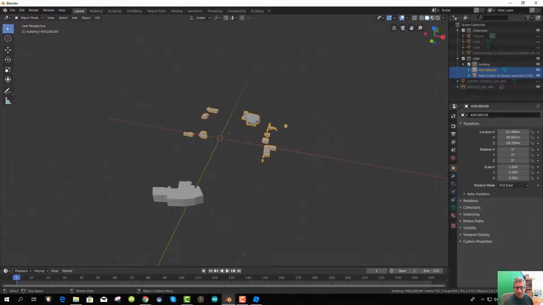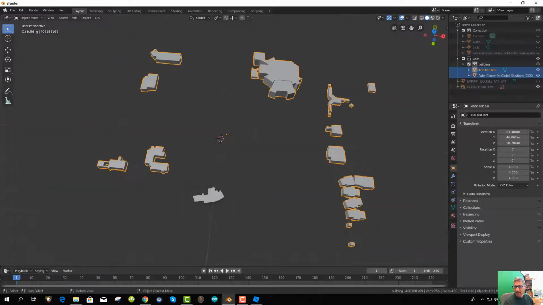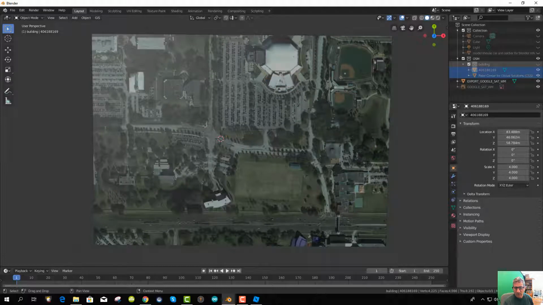The Patel's 4 times the size of these guys. These guys as one object can all be sized at once. So I select them, I go to scale, I go 4, 4, 4 and Z, and now they're all laid out in the landscape quite nicely. When I turn on the map, you can see they all sit right on the map the way they're supposed